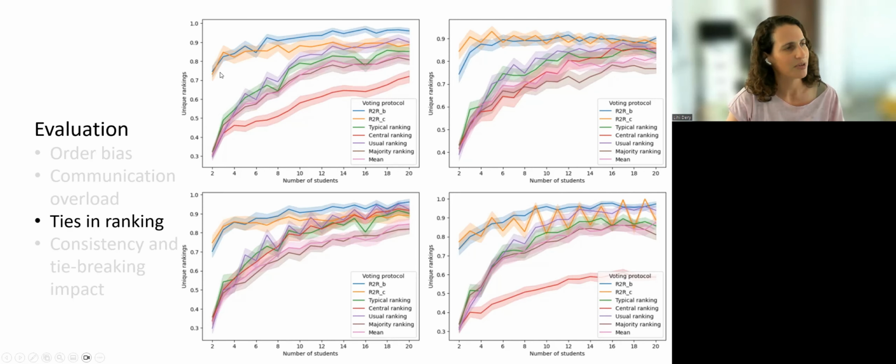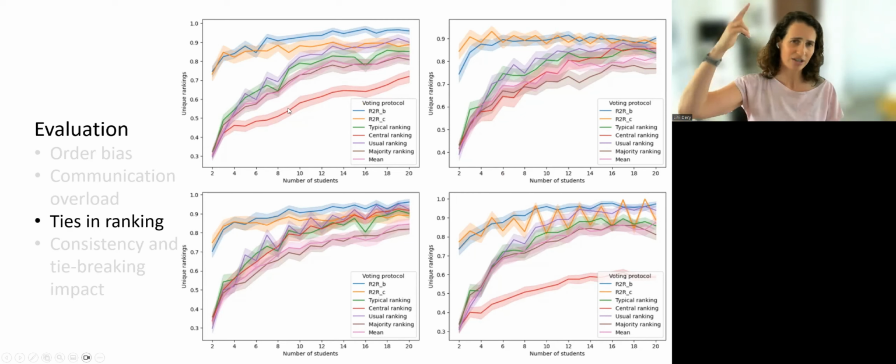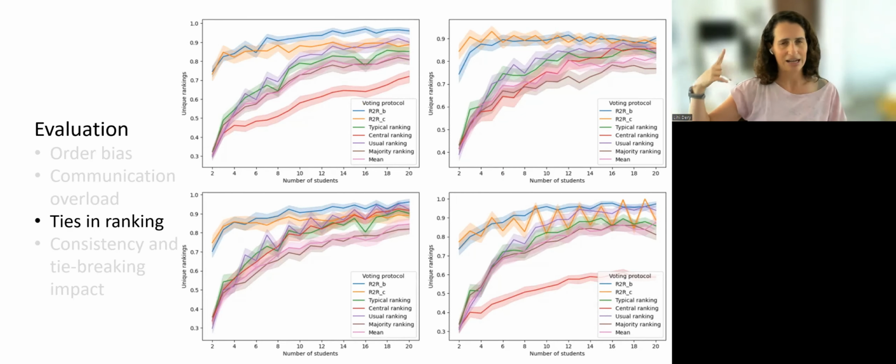They're better when there are fewer students, and when there are more students, other methods catch up. You can also see that most of the time, R2RB is better than R2RC, and R2RC tends to be more noisy. This is because of the tie breaking that I told you about, so it depends on whether the number of voters is odd or even. R2RC works better when the number of voters is odd, and it doesn't have the same performance when the number